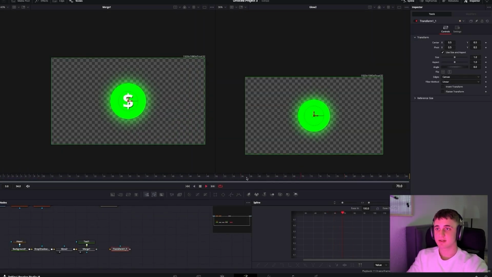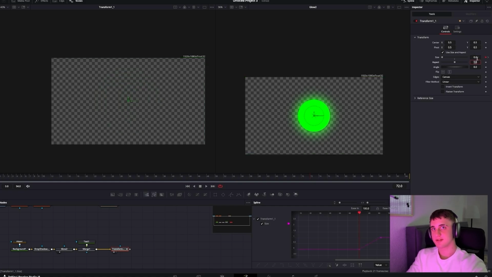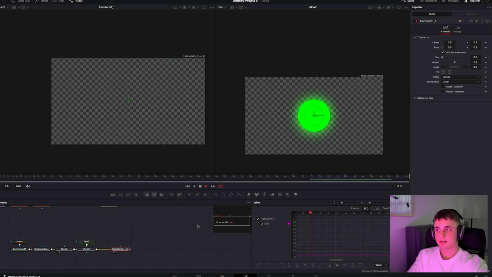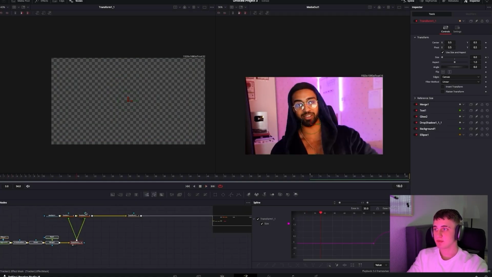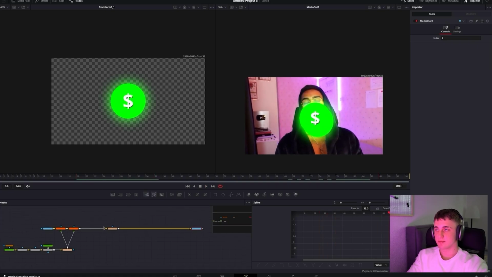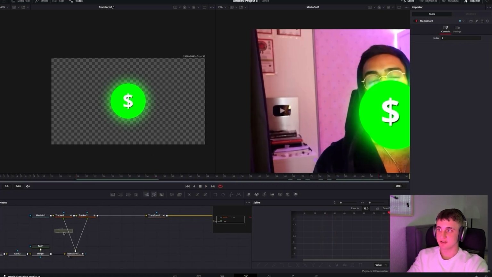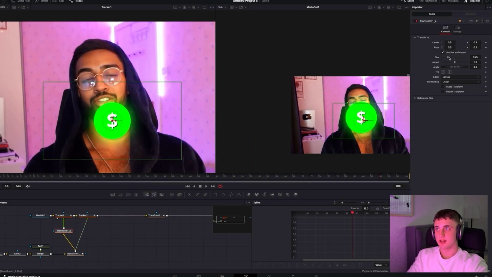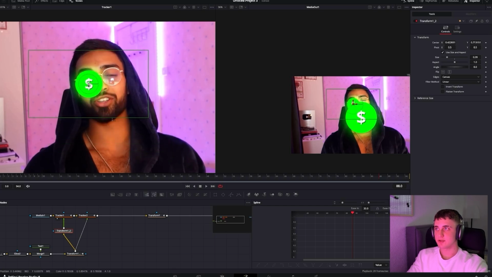Like when he says exactly how to get rich, at like the 72nd frame, we can make the pop. So let's make it 0 here, right click, ease out cubic. And now we want to connect them into the green ones of the tracker so that we can have it on screen, but we need to still adjust it. So what we do is add one of them and put it onto his eye.